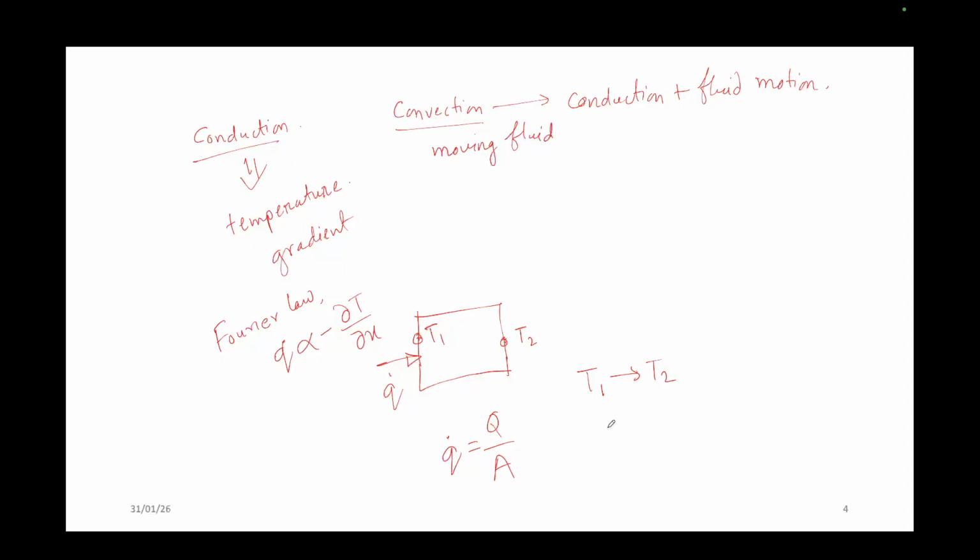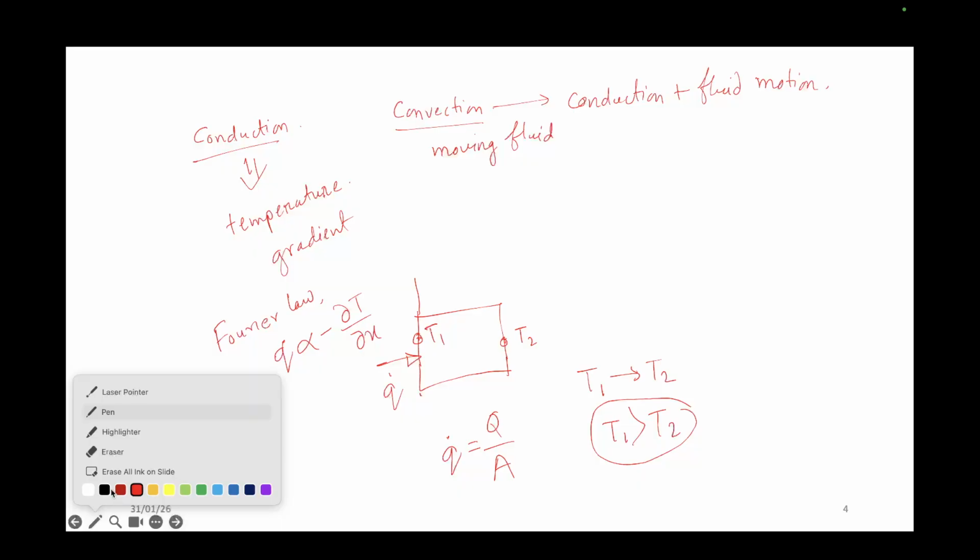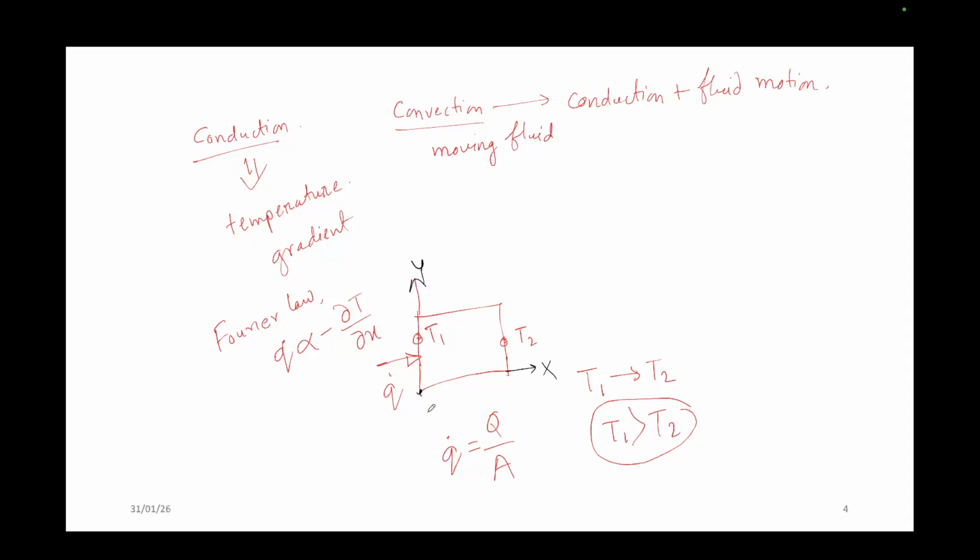So that basically means here T1 is greater than T2, right? So that is the condition. If I talk about this gradient, if I consider this block in x and y axis, so this is your y axis, and this is your x axis. If this is the origin, that means here x is 0 and here say small x is equal to capital X, or say L,